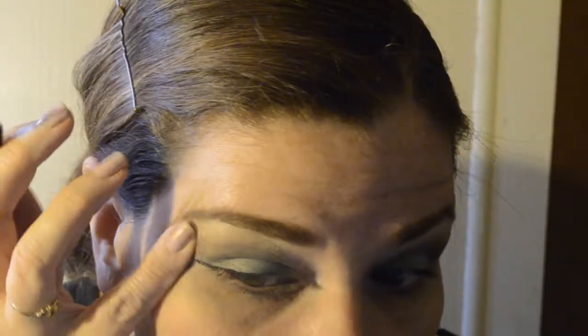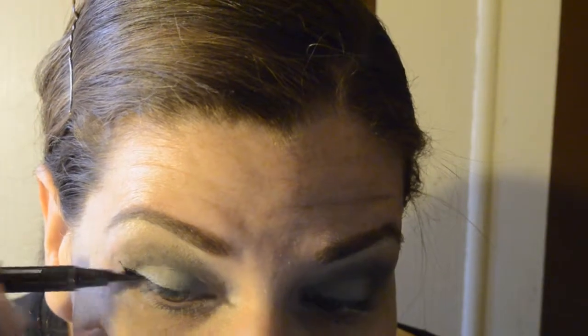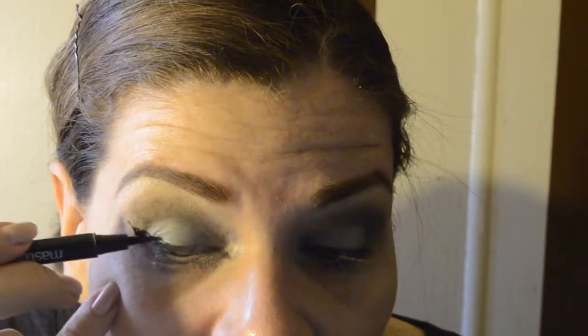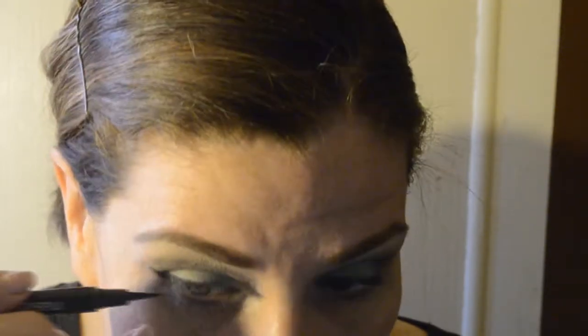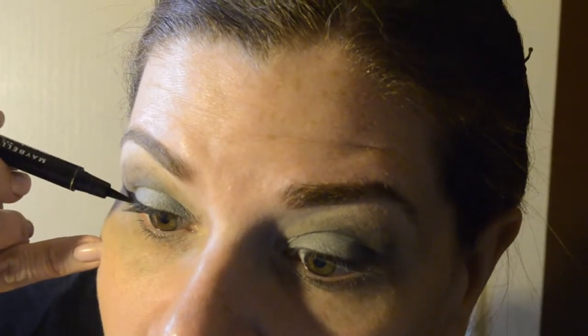Oops. Okay. Now we're going to go fill it in. This stuff seriously stays in place, so try not to make a mistake. It is not forgiving if you make mistakes. Now, there are some days when I'll just stop there. Oh, and I always do right here in the crease. Oh, you can't see. You can't see because my lighting sucks. Okay, and I literally connect that line with the inside of my eye, but I don't go under my eye. Now I can just leave it like that,